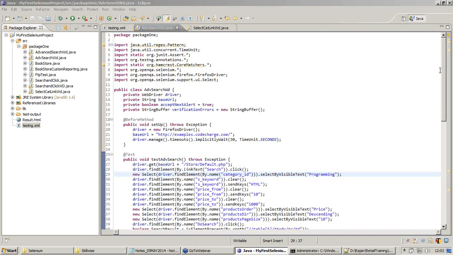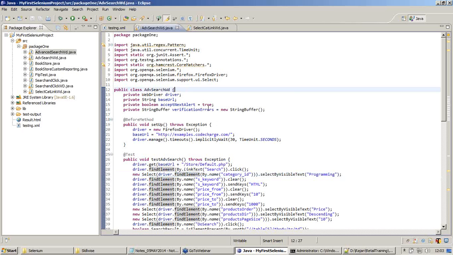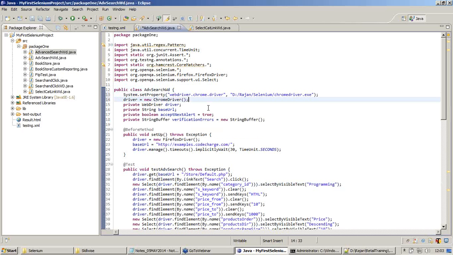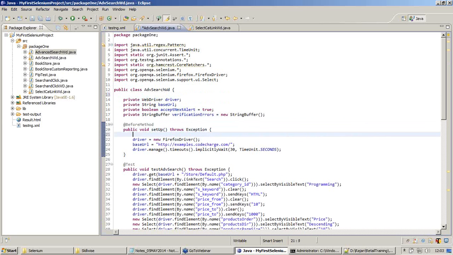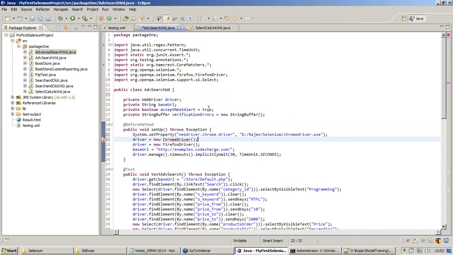For that I'm going to have these two lines right here, or let me have it here. I'm taking out my Firefox driver. So in this line,